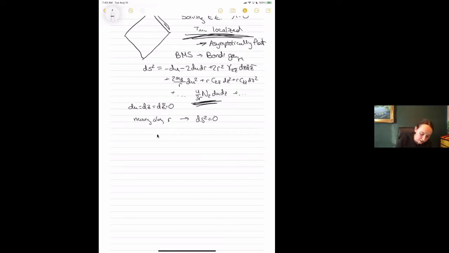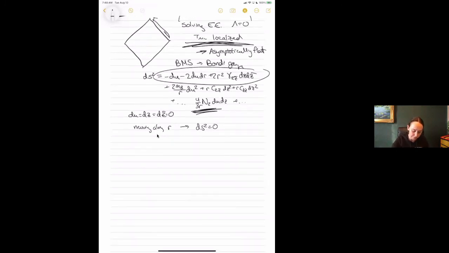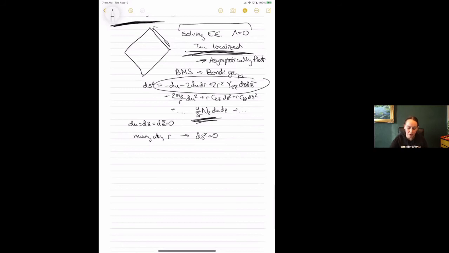So the first thing we have at our disposal is this flat part. We already know that if all of these corrections are subleading to that, that's the sense in which it's asymptotically flat. And then what you actually do is you take this metric ansatz and let out all of these guys. A little bit of work has already been done for us. Basically you pick a gauge, you then have each of the components of the metric in that gauge be free functions of the coordinates that you're using, and then you're literally trying to solve Einstein's equations.